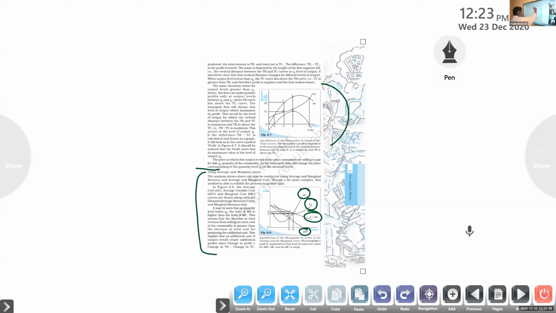The same graph. So we explained that with the help of the TC, I mean total cost, and total revenue. We are able to explain that with the help of the marginal cost curve, average cost curve, and average revenue and marginal revenue. So this graphic is somewhat complicated. It's a complex one, so slight trouble will be there to understand this. So I am giving an opportunity for you people.